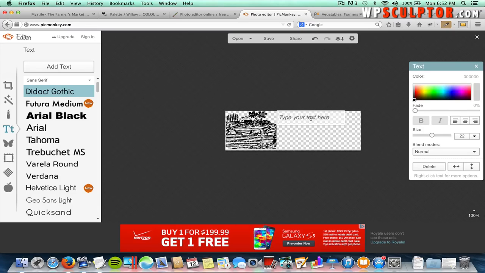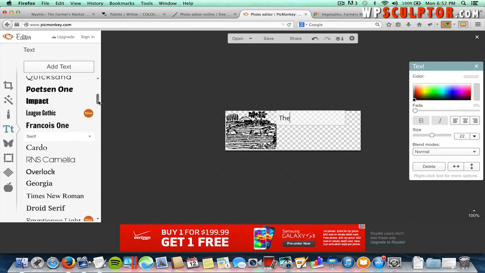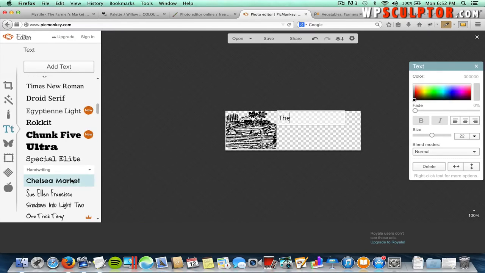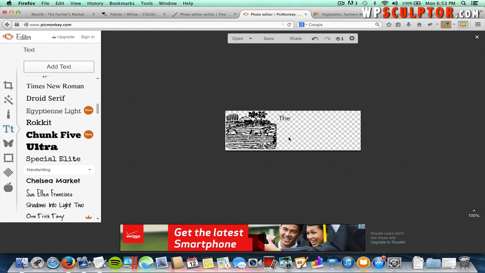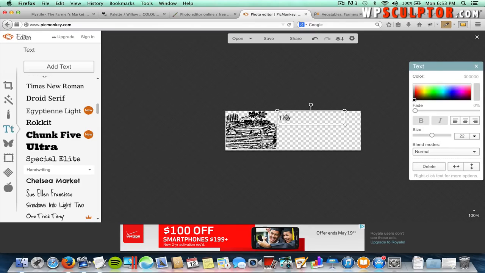And then I'm going to click inside the box to add actual text, and this first line is just going to be "the". And I'm going to come over here and choose a font, and I'm going to use this font called Chelsea Market. And for that font to take place, actually I need to click out of the text area by clicking this gray section out here, and then click the box again, and then click Chelsea Market. And then I can come over here, and the size that I'm going to use is going to be 44, and since that's not an option there, I'm just going to select that and type in 44 and press the